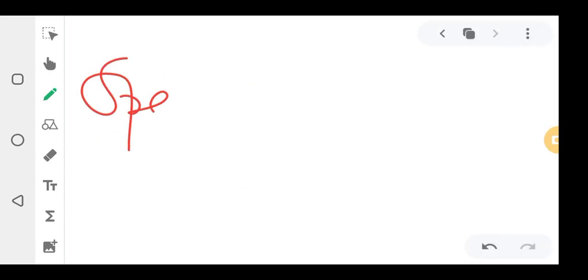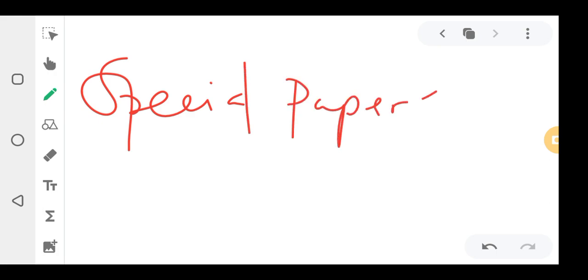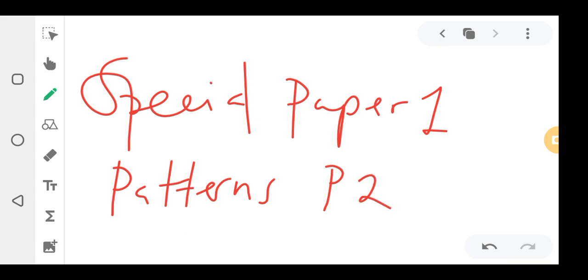Now today, guys, we'll be looking at special paper 1, and we are looking at patterns part 2. We did part 1 last time. So there are certain patterns that you're supposed to know in special paper 1. For example, in your exam, they can bring words like lava, and then they bring